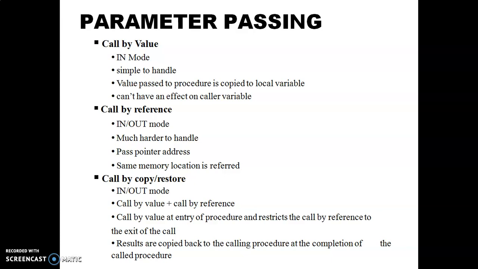Call by value is used at the entry of the procedure and restricts the call by reference to the exit of the call.